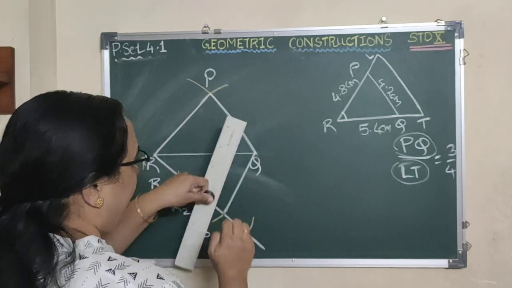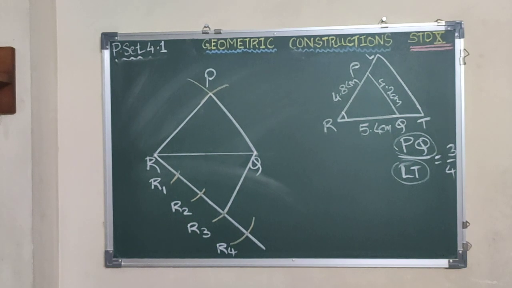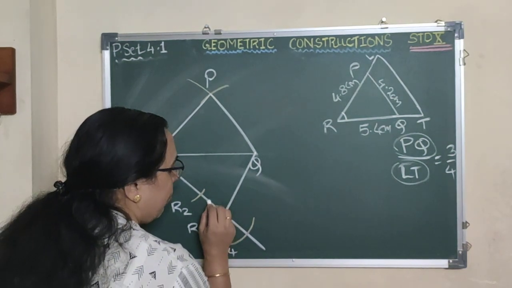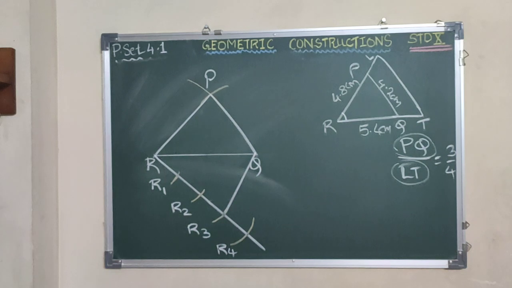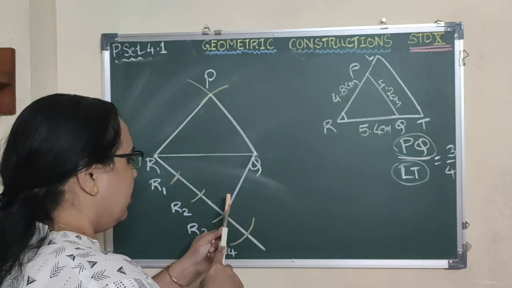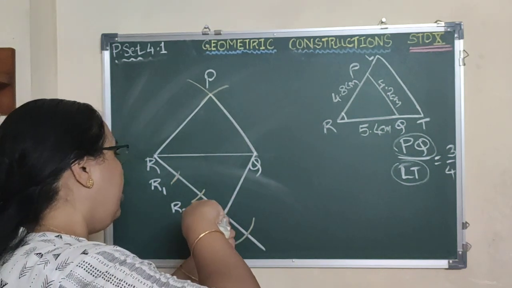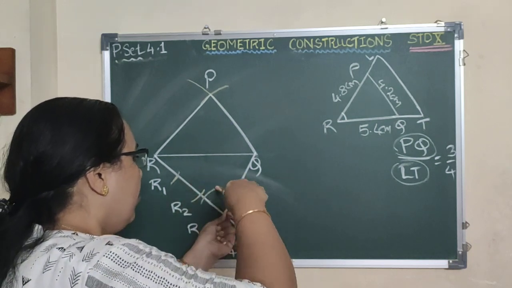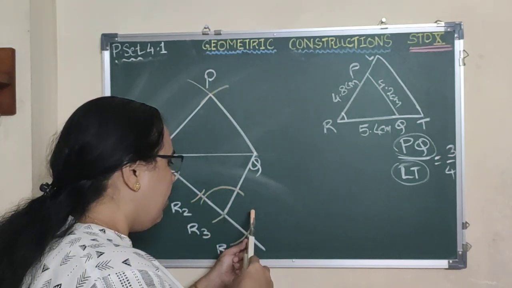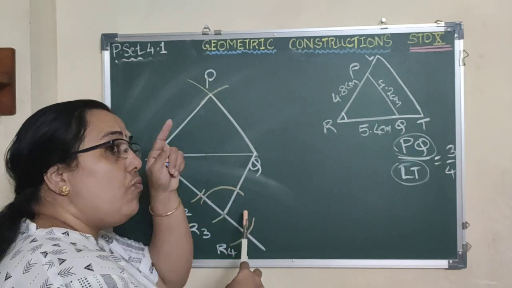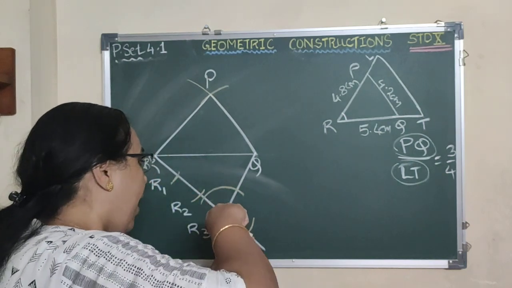Okay. After you join QR3, now you will draw an angle which is congruent to this at this point R4. So when you are doing that, you have to use the compass. That recalls the basic construction we had done to draw an angle congruent to a given angle. So we keep at R3. I hope you remember. So recall, children, cut both the arms of the angle, keeping the same distance in the compass. Keep at point R4 where you want to draw the congruent angle and